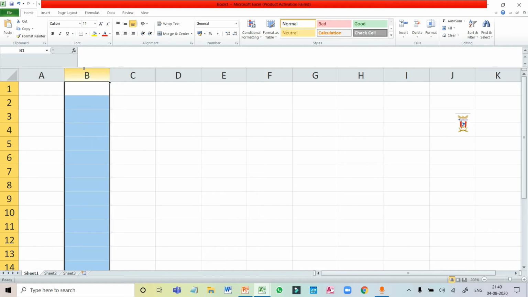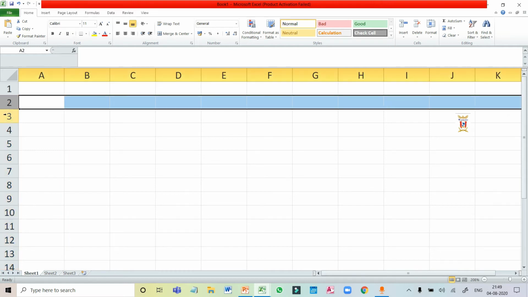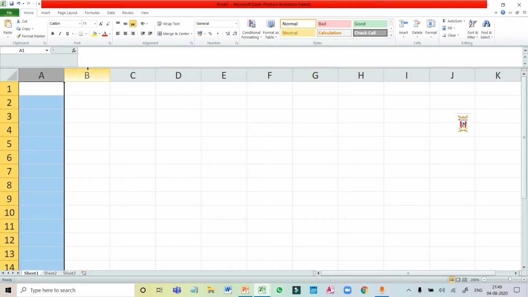So three things are there in the worksheet. One is row. 1, 2, 3, 4, 5, 6, these are rows, and second thing is column A, B, C, D till XFD. The next is scroll bar. These 3 are the components of your worksheet. The second is row headings. These 1, 2, 3, 4 till 10,48,576 are your row headings, and these A to XFD are your column headings.